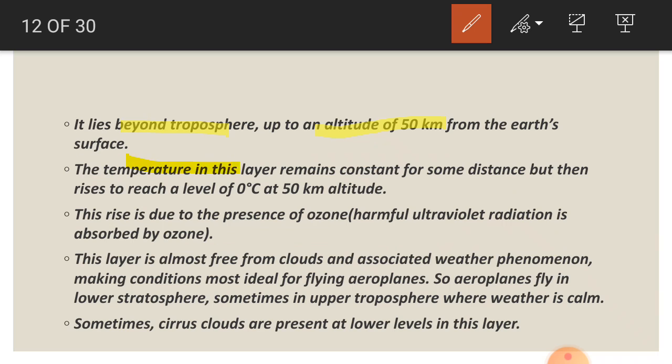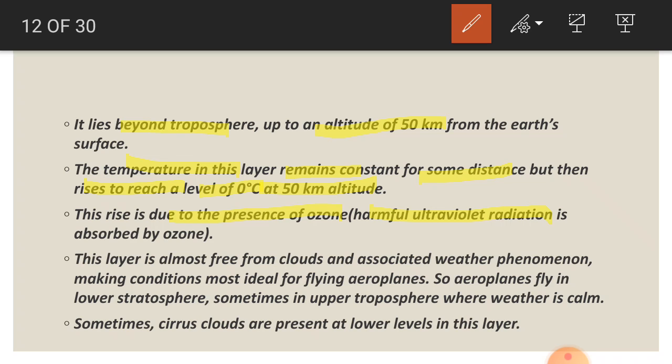So temperature will be constant for some distance only, and then it will start increasing. It will rise from 0 degree Celsius at the 50 kilometer altitude. And why this increase in the temperature? Because of the presence of the ozone layer. So we get this information that ozone exists in the stratosphere, and this is the ozone layer which absorbs